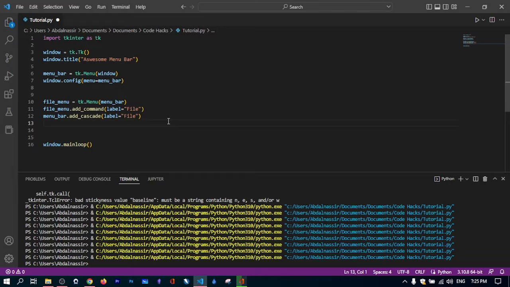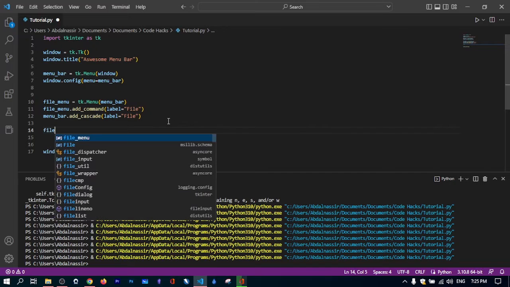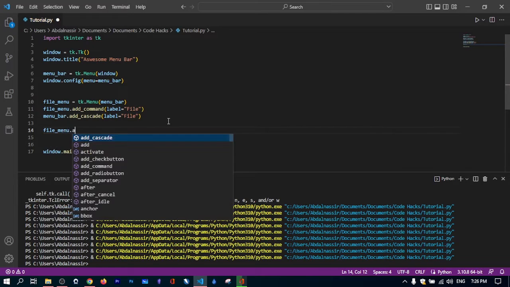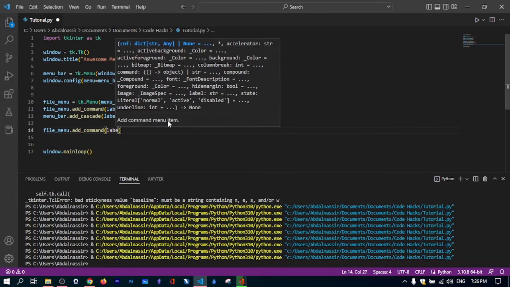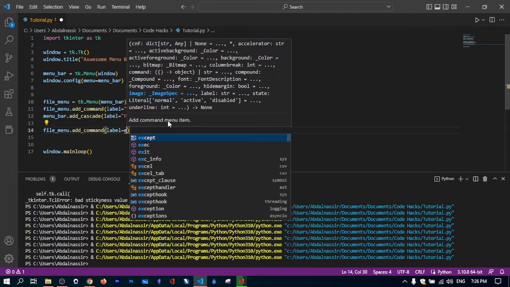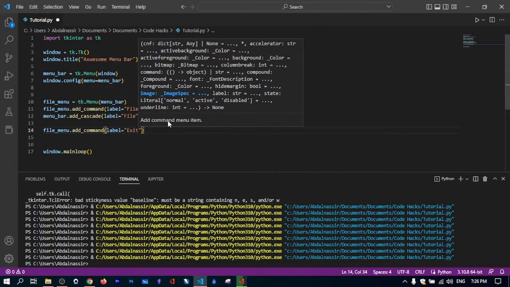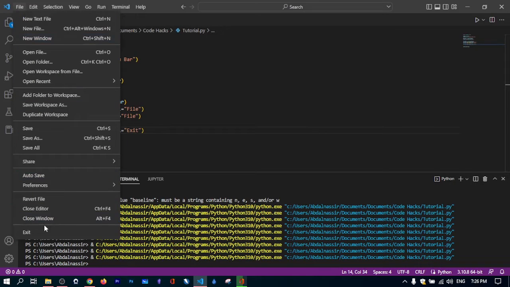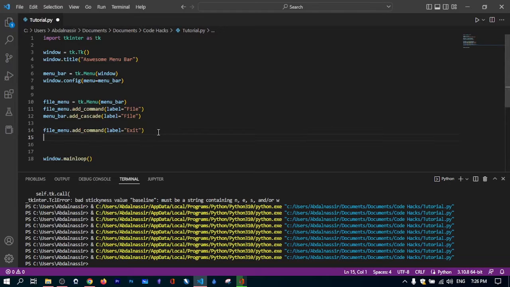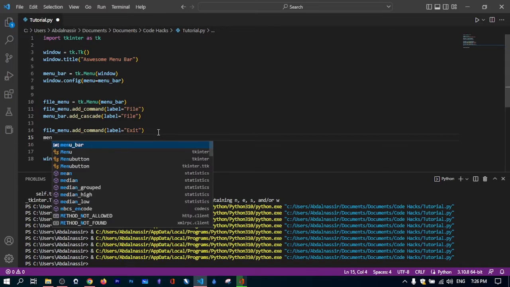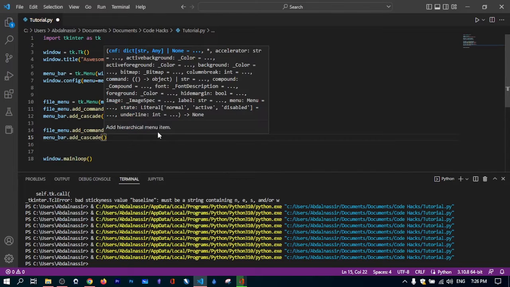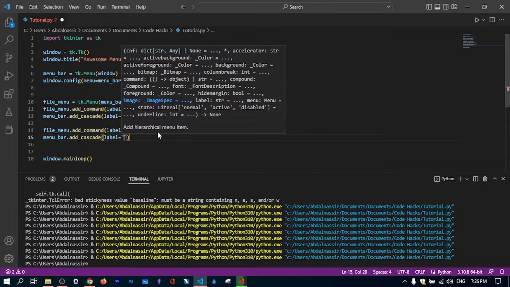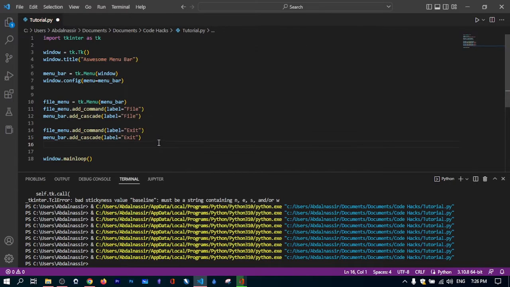So we have add cascade, then we add another one, so file menu dot add command. This will be label equals to exit. All right, similar to the one we find here, exit. And finally, menu bar dot add cascade and label equals exit. Run it,